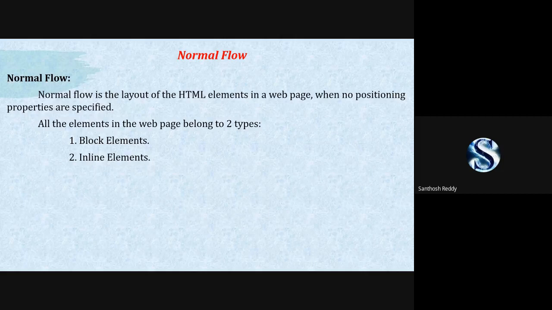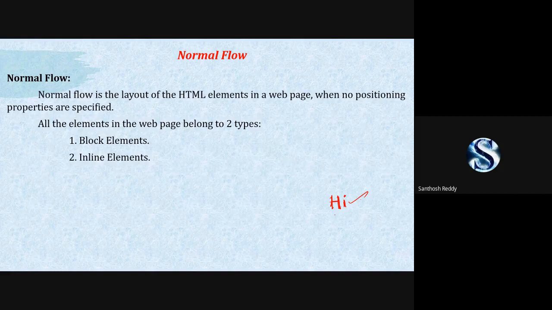Block elements are those where you display the data in a block. For example, if you have "Hi, hello" to display in bold, we call these block elements.